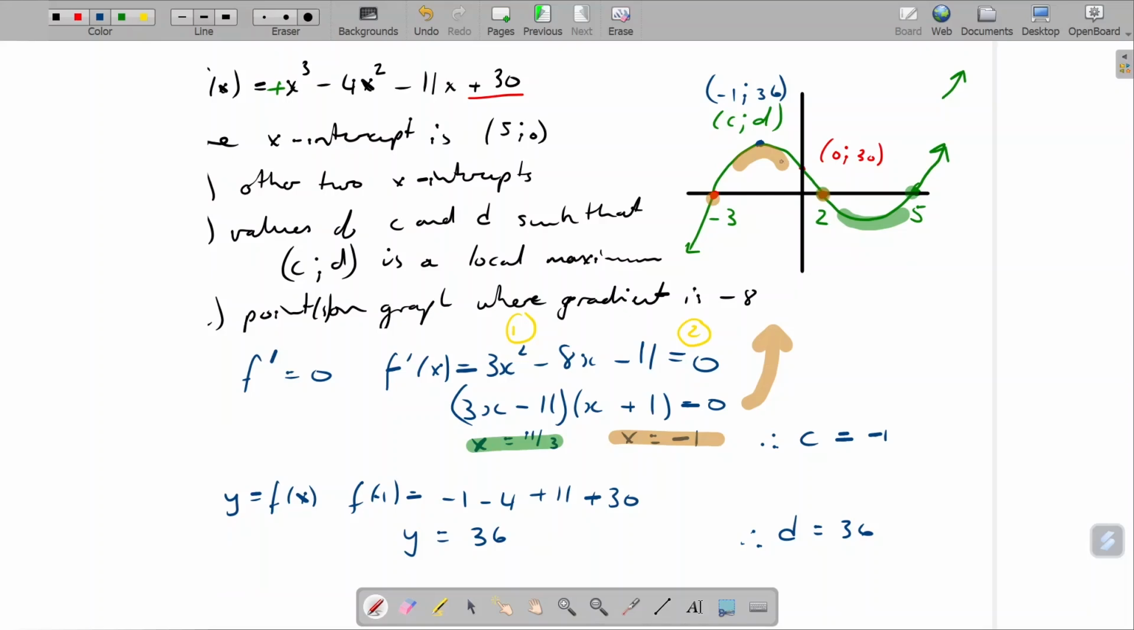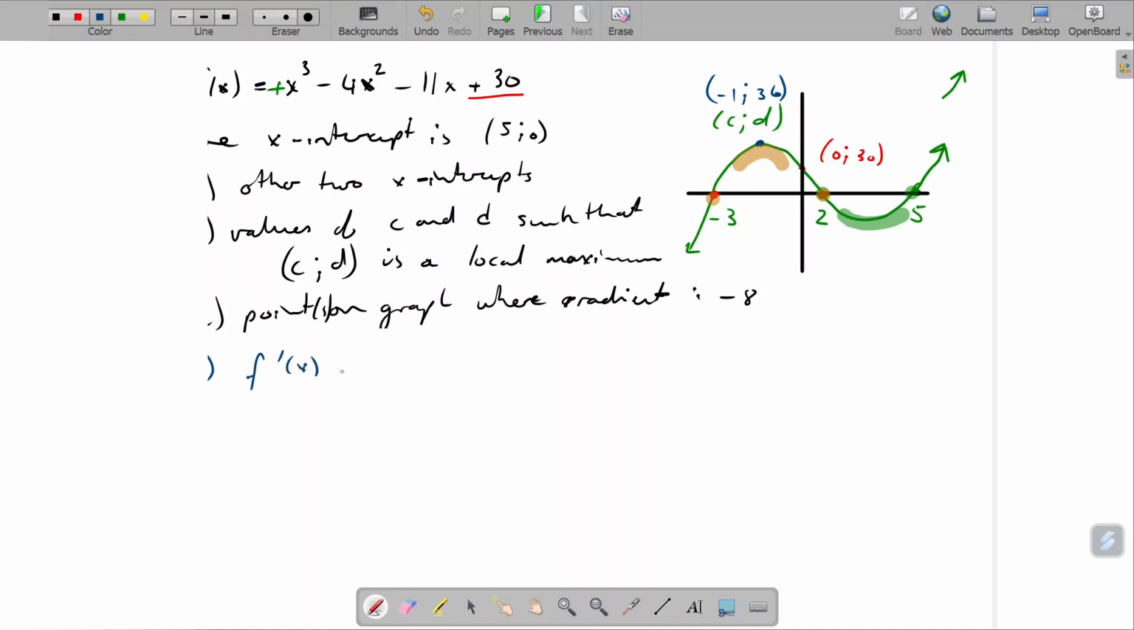Okay, the last one is to find the point of the graph where the gradient is -8. So again, these questions tend to take a little bit of space. In this case, they're not asking us to find the gradient, they're actually asking us to find points where the gradient is a particular value. We've seen questions like this before. So we know that f prime of x from a previous question was 3x squared